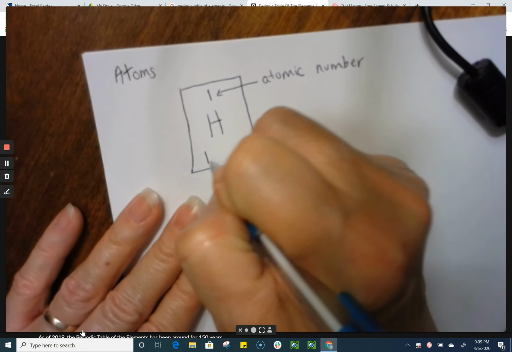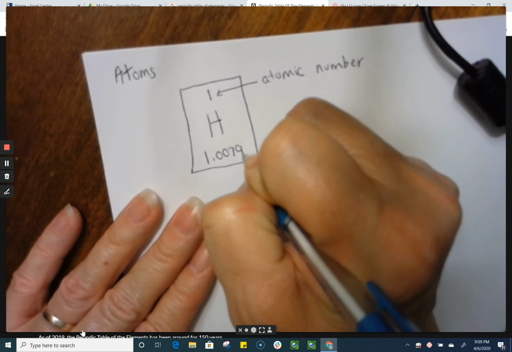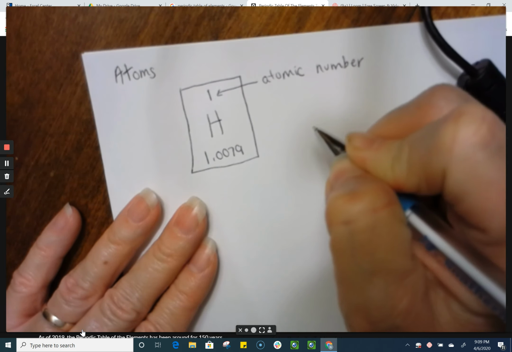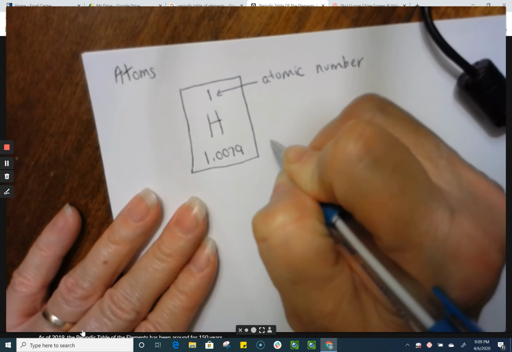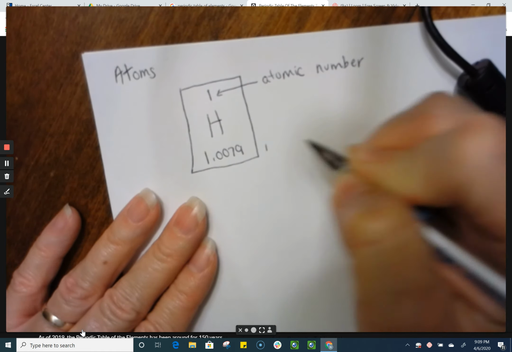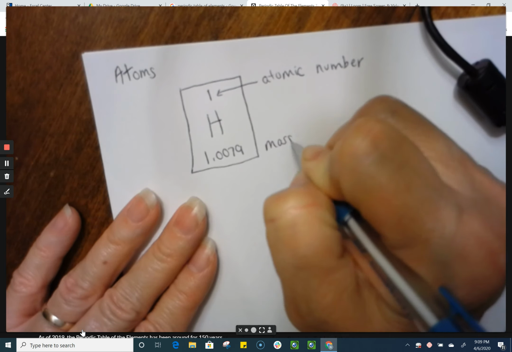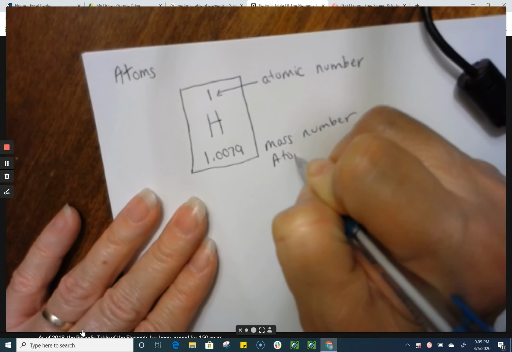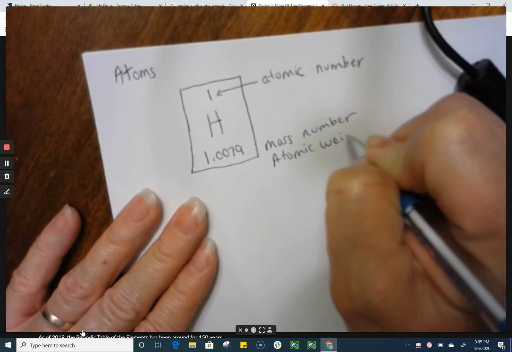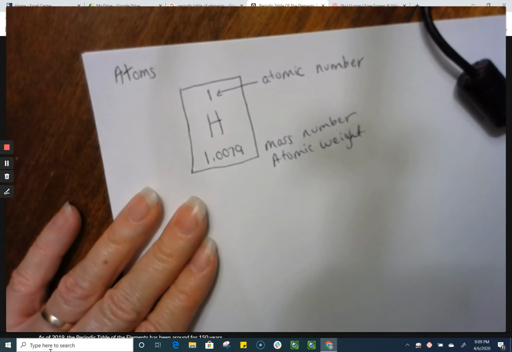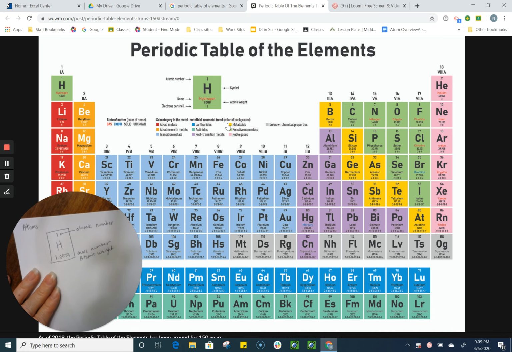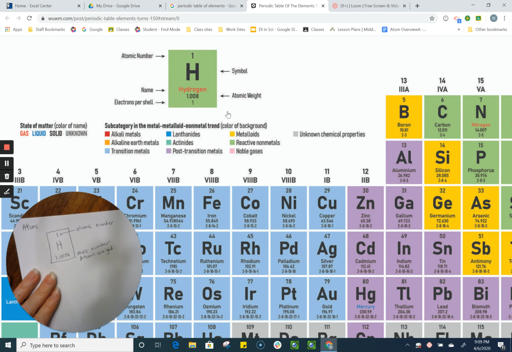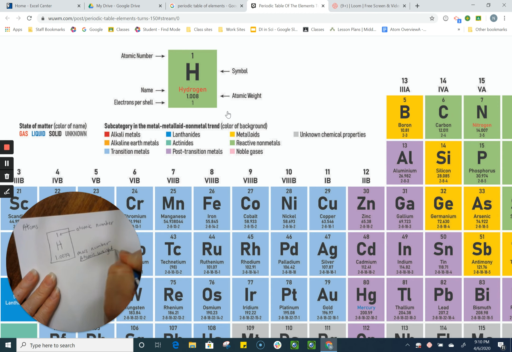And then there's generally another number with a decimal, maybe referred to as atomic weight or mass number. So let me make this a little smaller. And here you can see on this periodic table, they're referring to it as the atomic weight. Okay. Now,